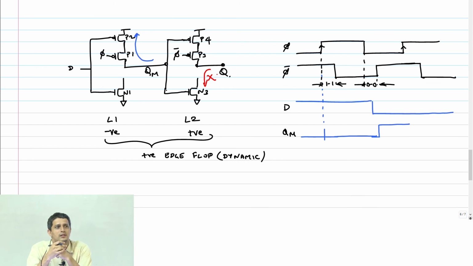What is it that is doing the trick here? Or if I put it the other way, if I were to go back to that static latch or flop and apply the same thing and ensure that the non-sampling edge overlap is not an issue, what should I do? Yeah? Remove the?